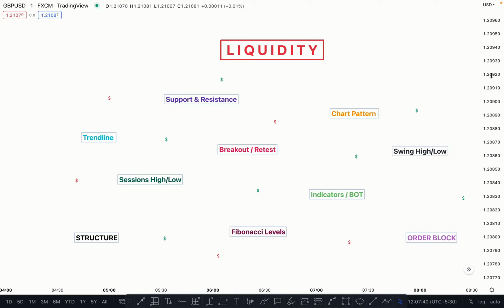There are so many types of liquidity, but we will focus on major liquidity like support, resistance, and structure. Most SMC traders don't know exactly how to mark structure correctly, and some people think the order block is everything: break the structure, order block, and sell or buy. No, they create another type of liquidity. So we will discuss all types of liquidity, focusing on the major types. Let me show you how banks read our stop loss and our structure, and how they manipulate, right?